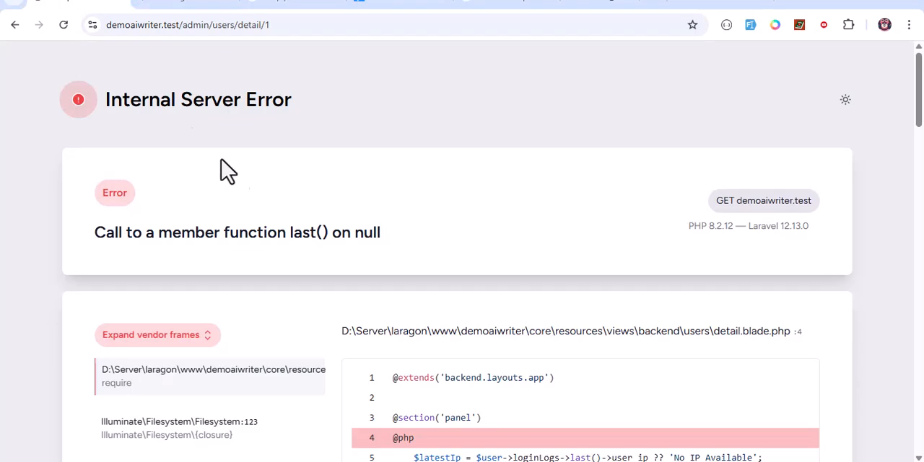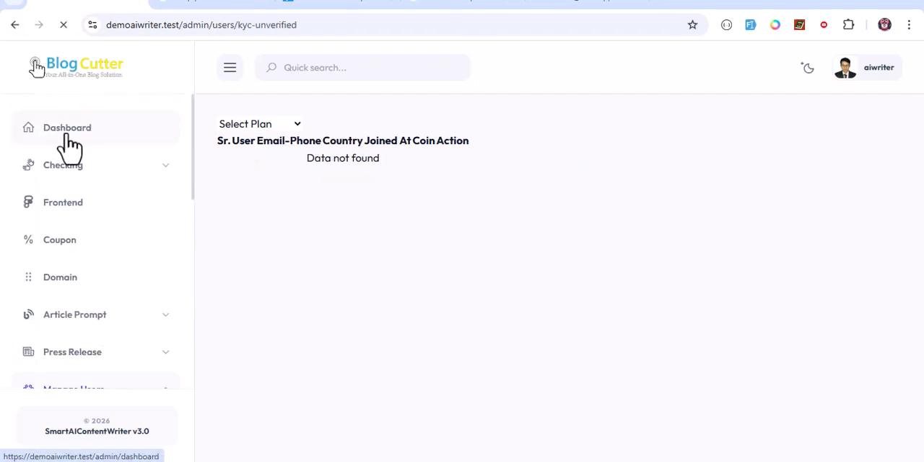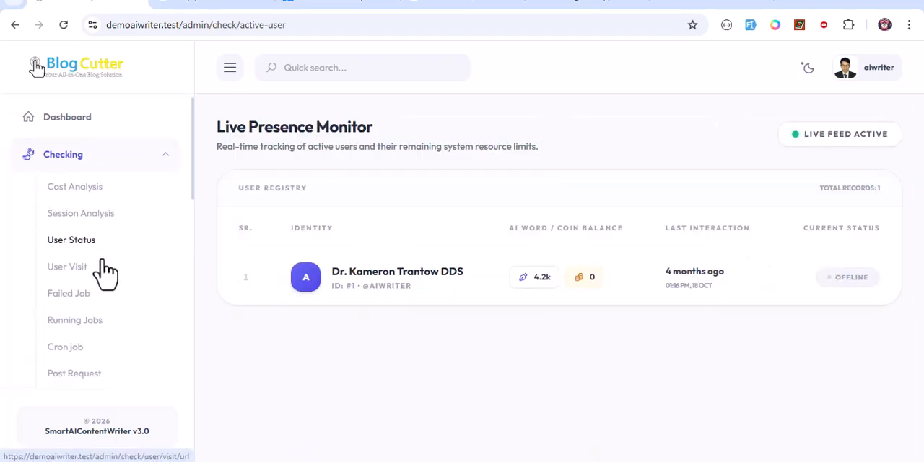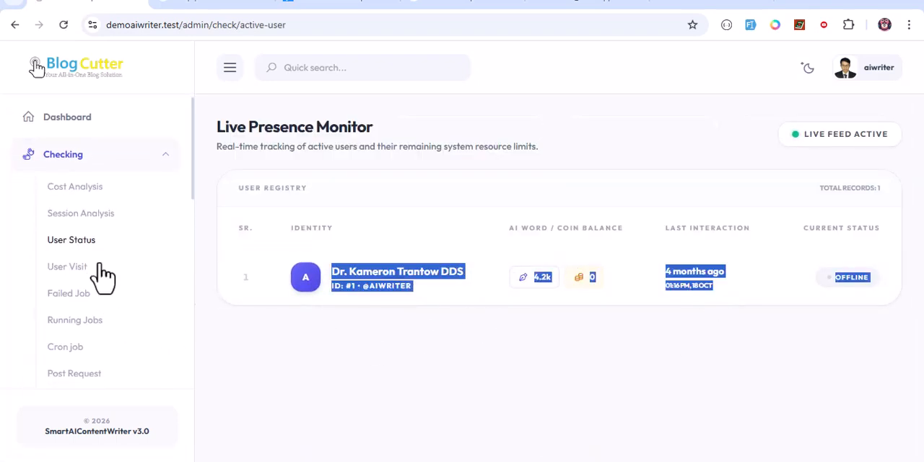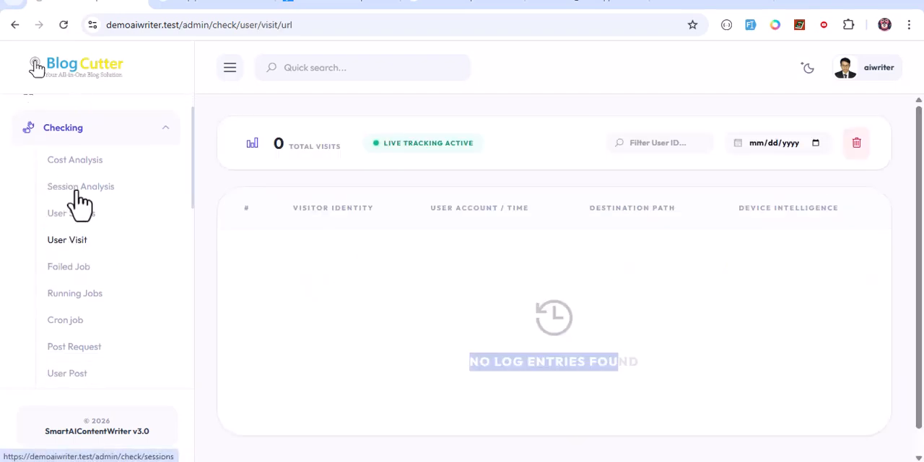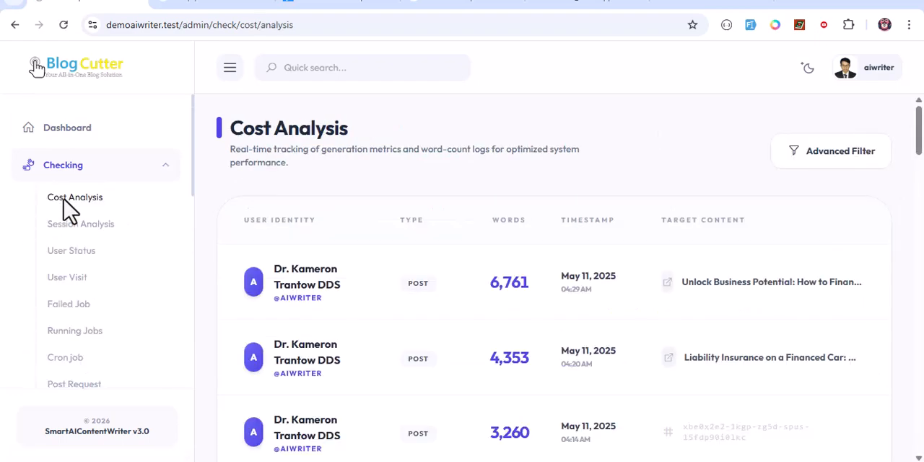so here we need to update some data. We have to update it, and here we also make the user status. The user status, user visit, and session analysis. Here you also have session analysis, cost analysis,